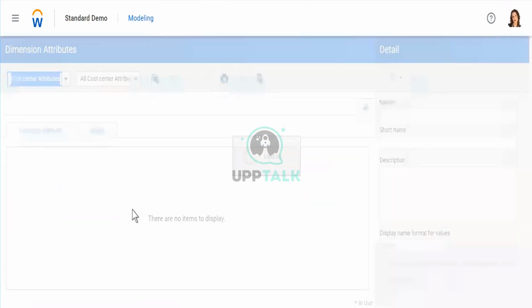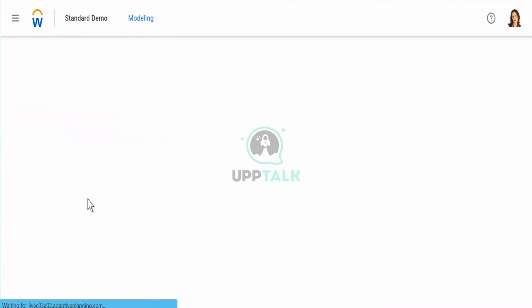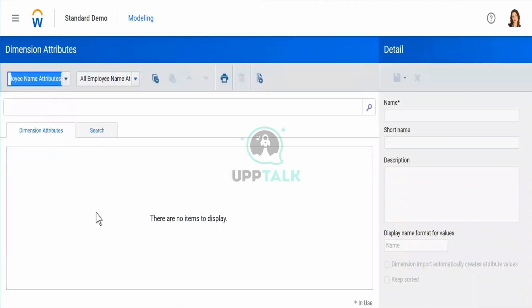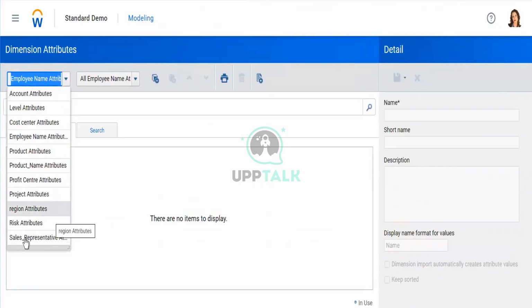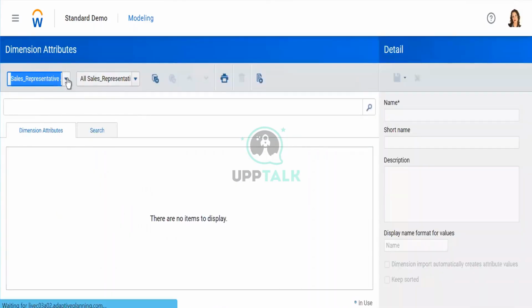If not, we will have to create it from the backend now. Let's first check the employee name attributes. If there are any attributes belonging to employee, there are none. Let's check for sales representative. There is nothing. Let's try to build it for employee name.